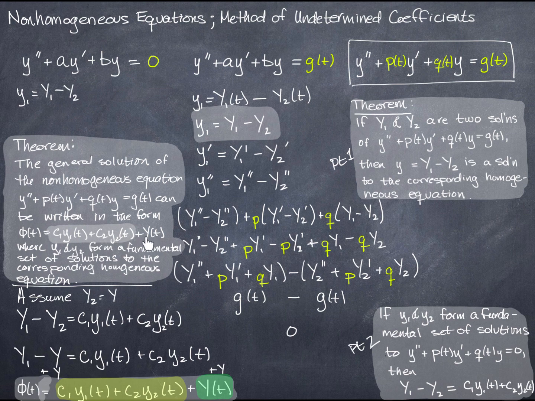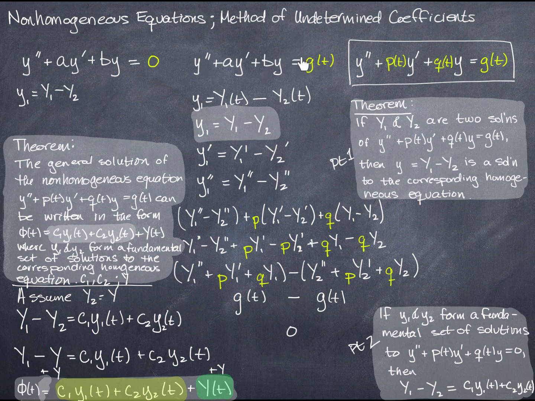And then you just tack on this y of t. y1 and y2 are the fundamental set. I had to leave some stuff off here because I ran out of room. The rest of the definitions: C1 and C2 were just constants, and Y is any solution of the non-homogeneous equation,